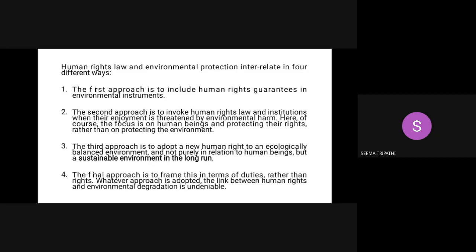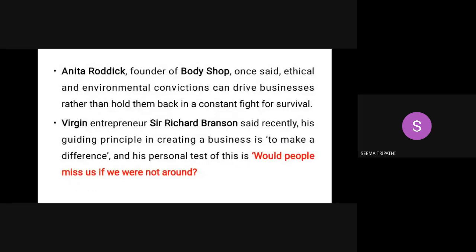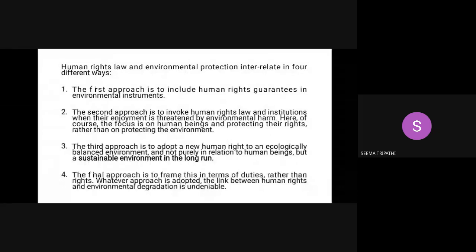And then those animals are forced, as she was discussing about the wild dogs, clear. What is the impact? So it is we guys who are forcing them to do all this. Now, I told you that my presentation will be discussing the third point, which is a sustainable environment in the long run.